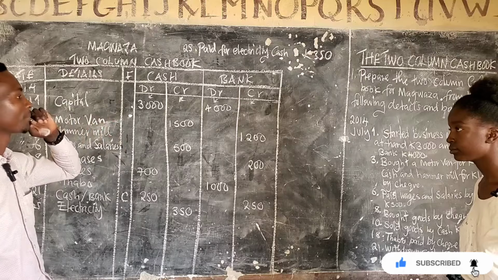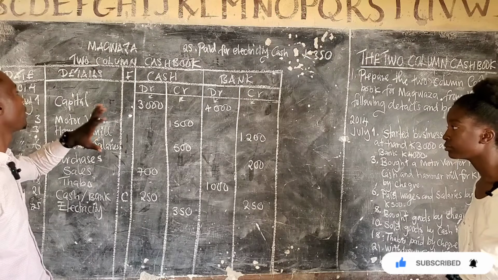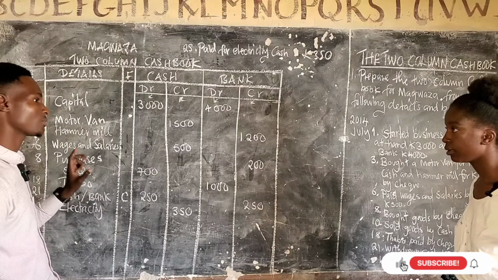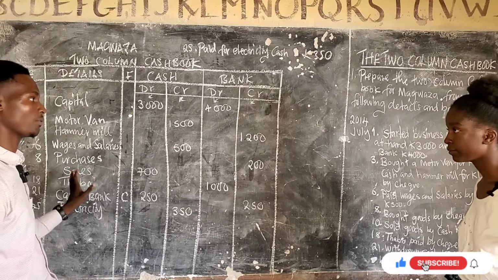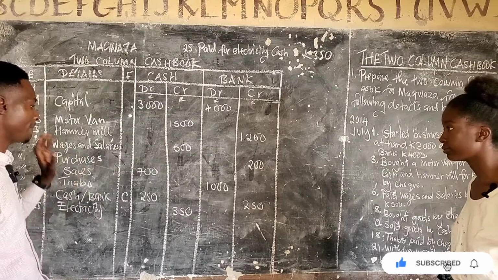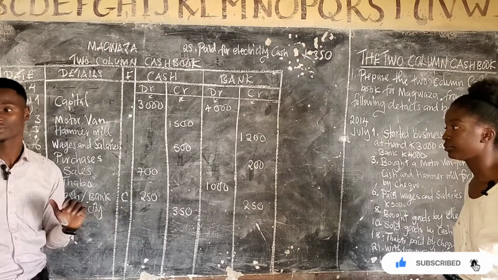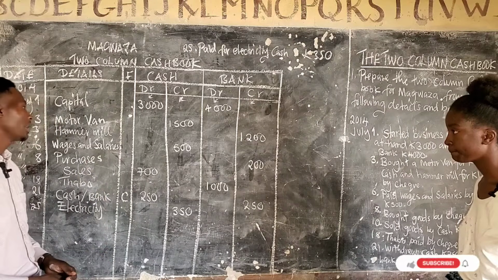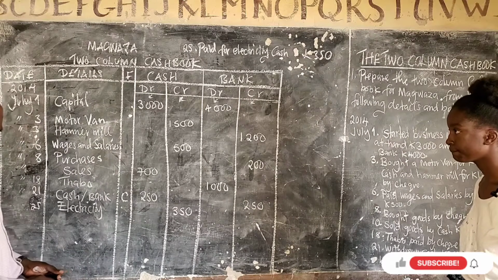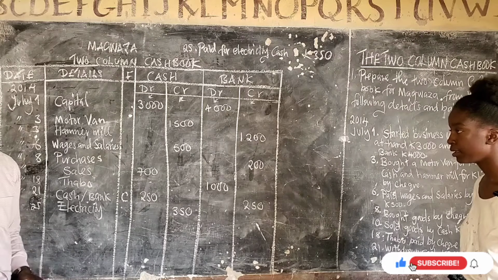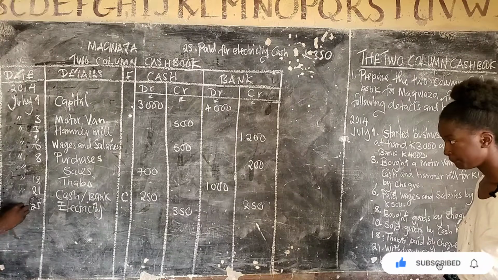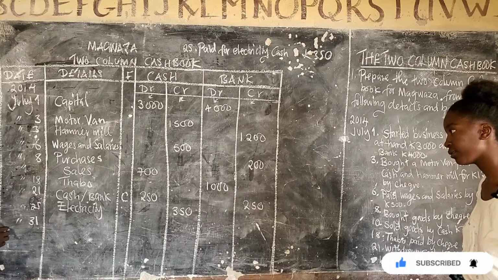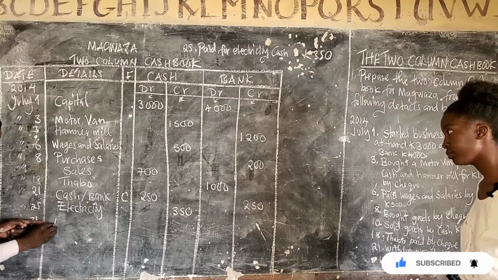So we've drafted the cash book. This is the cash book. What's remaining is balancing off. The month of July ends on the 31st. So on the last day, July 31st, you're going to say